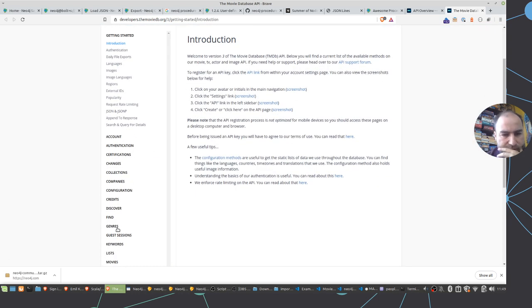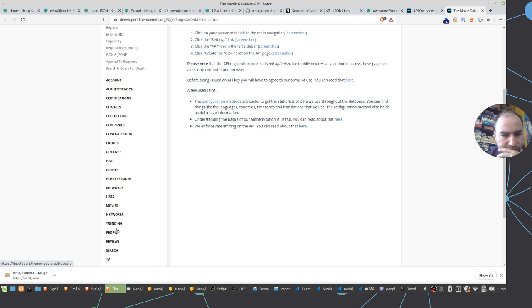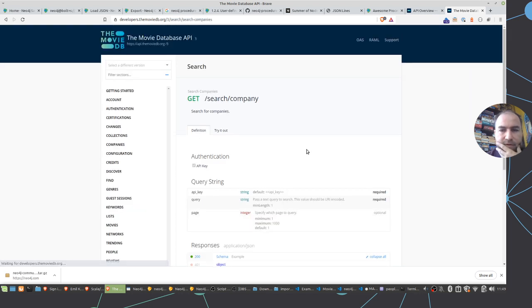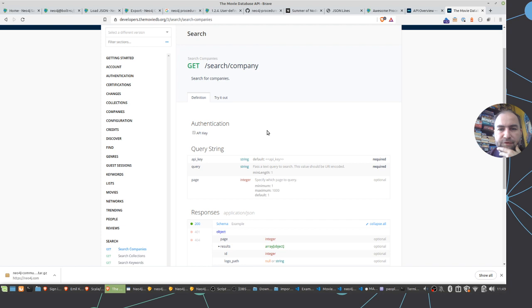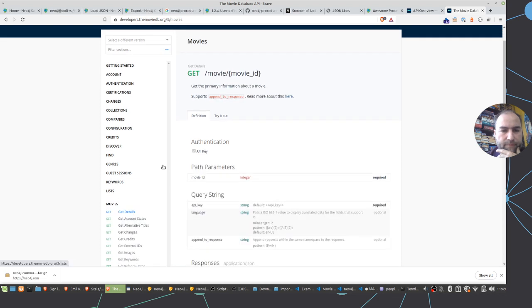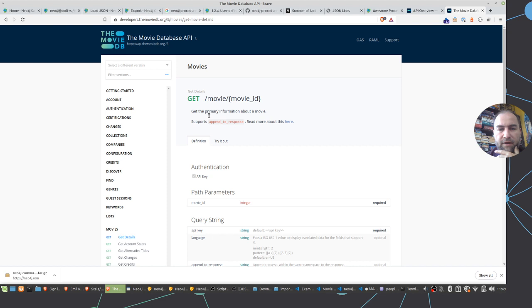Search is here. So you can search for something, and then it gives you all the elements. And then for each of the elements, you need to do, for instance, a movie or person request, which then every time hits the API,